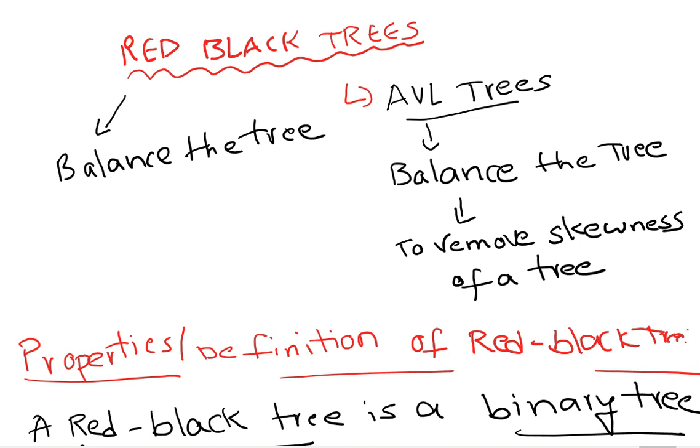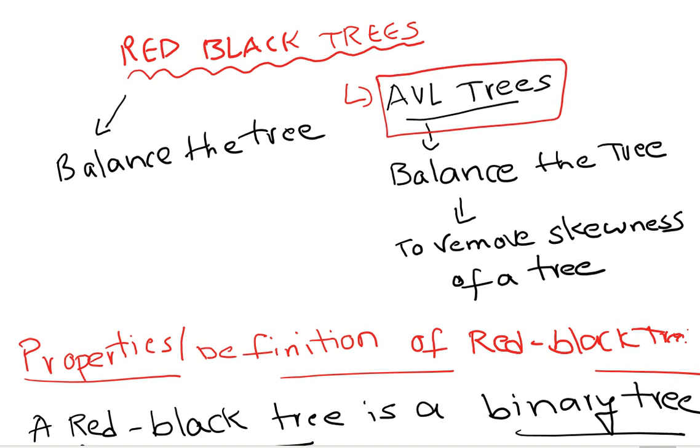To balance a tree, in the last class we have seen AVL trees. In an AVL tree, we can balance a tree. How? By finding the difference of the left subtree and the right subtree. We will get the balance factor by differencing the height of the left subtree and the height of the right subtree. That difference value is called the balance factor. It should be 1 or less. Then that particular binary search tree is a balanced tree according to AVL trees.